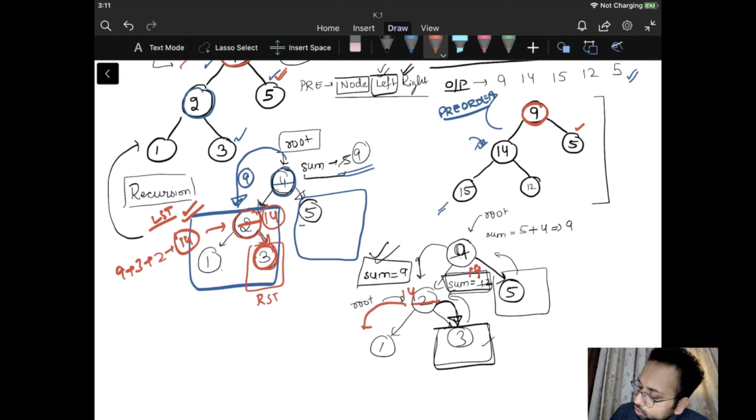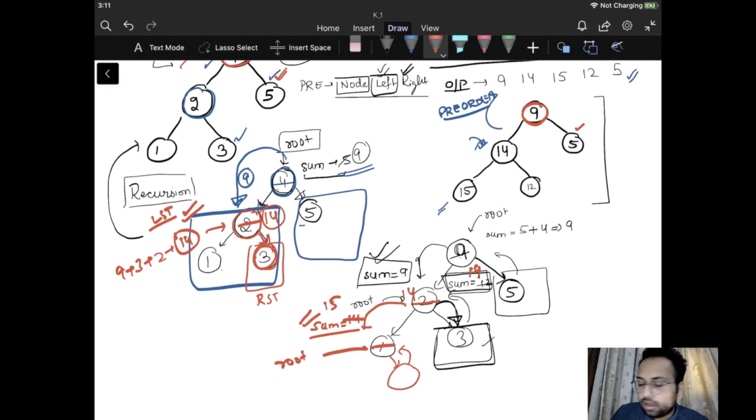So it will call towards its left subtree and the sum will be equal to 14 now. So it will be the root node now. It will check whether the root node is null or not. No. So it will ask for the sum of the right subtree. So there is no node, so it will return and the sum will remain 14. It will add the root node to it, 15. The sum will get updated to 15 and we will store it over here.